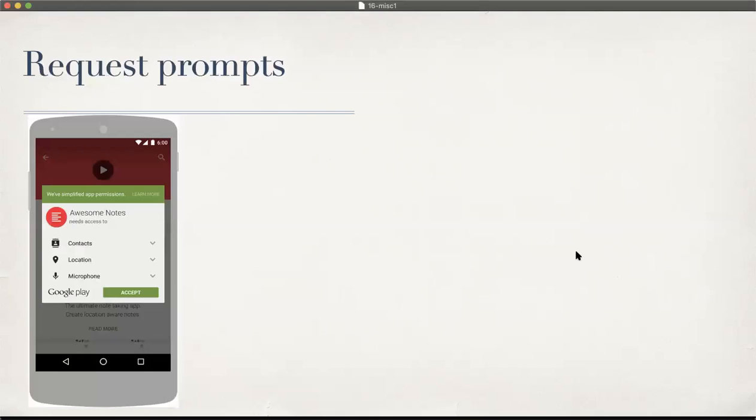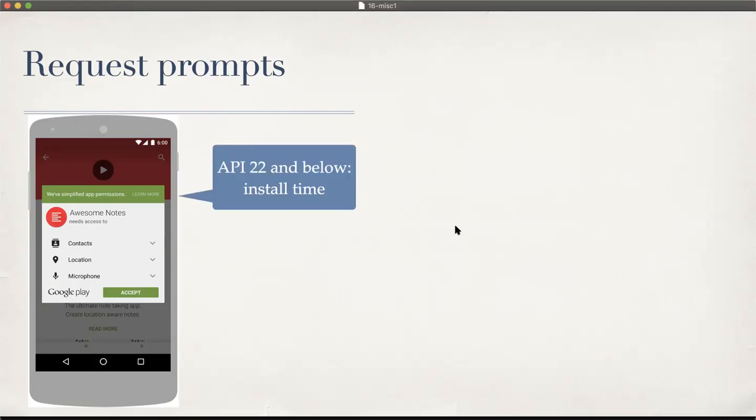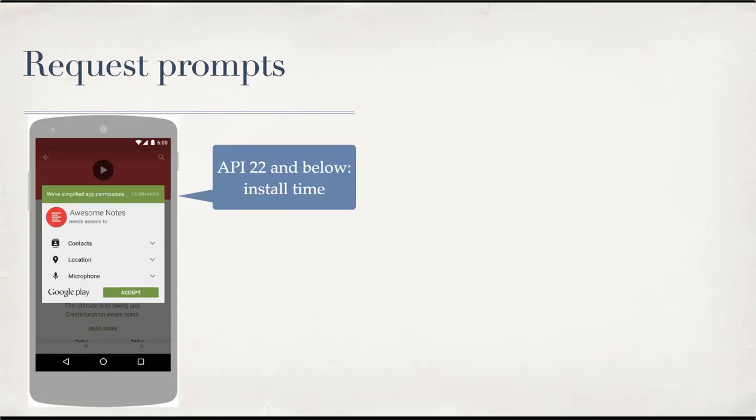All right, so request prompts. Here is an example from before Android 6, that is API 22 or below. Android 6 was API 23. In that, you will see an install level prompt like this. So here the Awesome Notes app, an example from